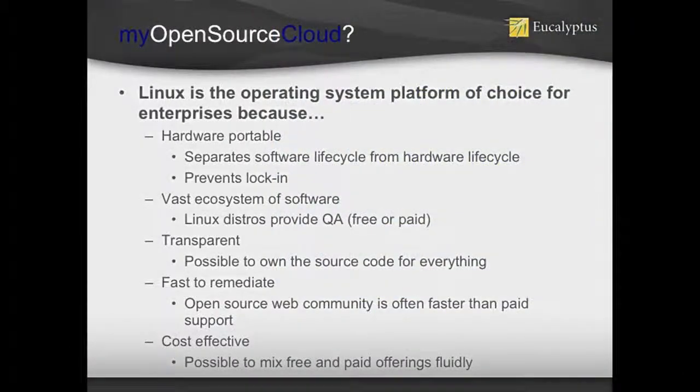Here's why. First off, Linux is extremely hardware portable. Most versions of Unix are not. You can disconnect the hardware lifecycle from your operating system lifecycle. Very important. If you get a deal at a Dell next week and you want to put those Dell boxes in there, they're going to run Linux. And the porting effort doesn't exist, right? It's already been done. So open source gives you access to tremendous hardware portability for commodities. And that gives you a lifecycle management thing, and it prevents lock-in. You're not locked into one vendor.